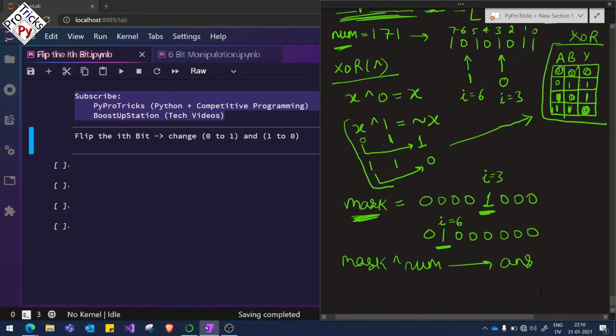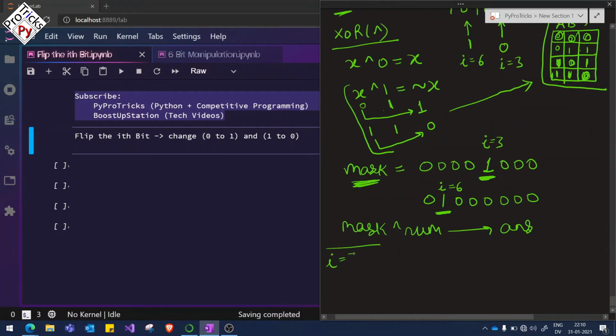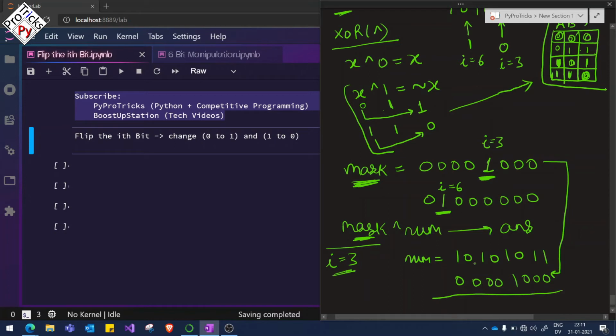So let us write this. Let us go for i equal to 3 in the first case. The number will be 10101011, and the mask for i equal to 3 is this one, so we will be placing this here: 00001000. You already know that for same numbers the XOR is 0, and if both numbers are different then the XOR is 1.